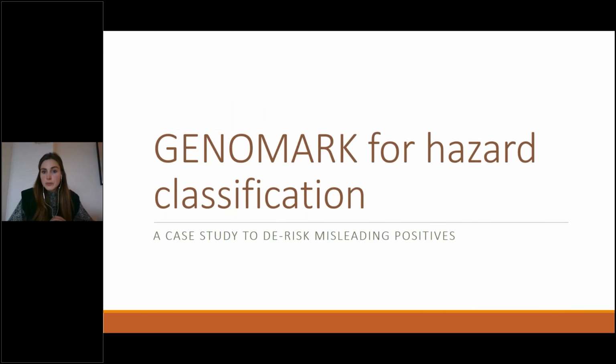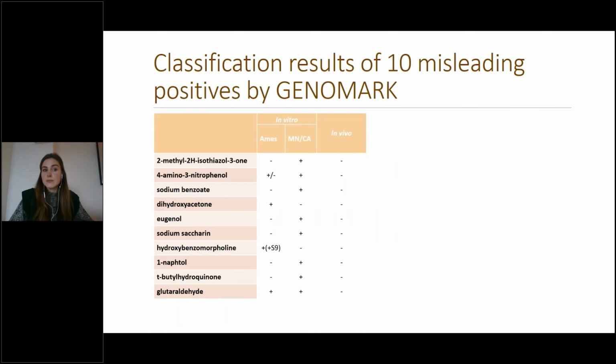So after the development of the new prediction models, we wanted to assess the prediction performance of GENOMARK to de-risk misleading positives. And therefore, we performed a case study with 10 misleading positives that we selected based on different databases, such as the recommended database by Kirkland et al., expert opinions based on the SCCS, and other scientific literature. So the 10 misleading positives that we included are listed in the table on the slide with its corresponding in vitro and in vivo